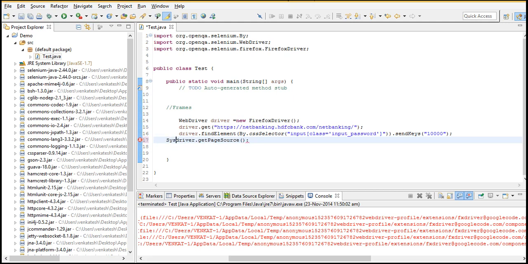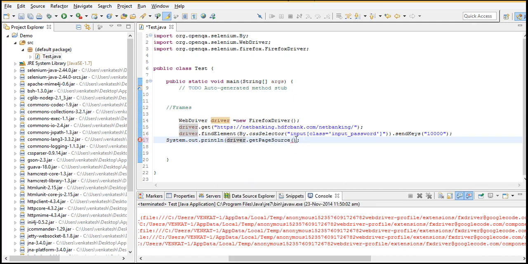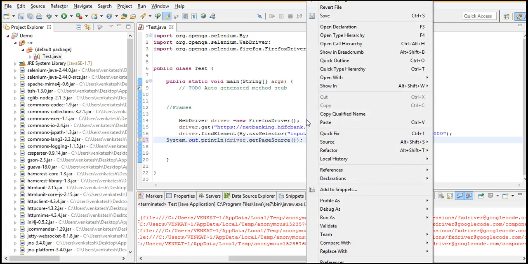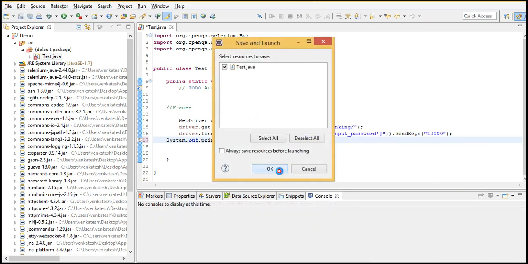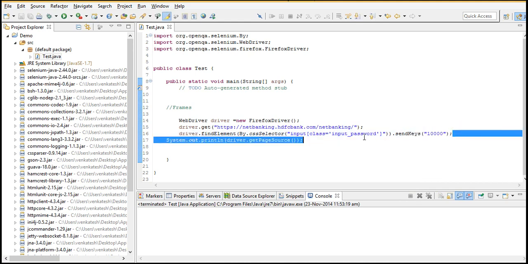So as we need it in the console, just print it out. Right. If you run now, it will give me the page source. With that page source, I will investigate whether there are frames in the application or not. Let's run it again. Oh sorry, it will fail, because in this step itself it will fail.